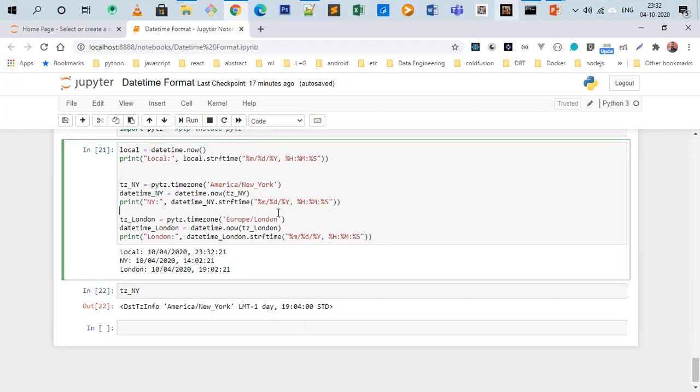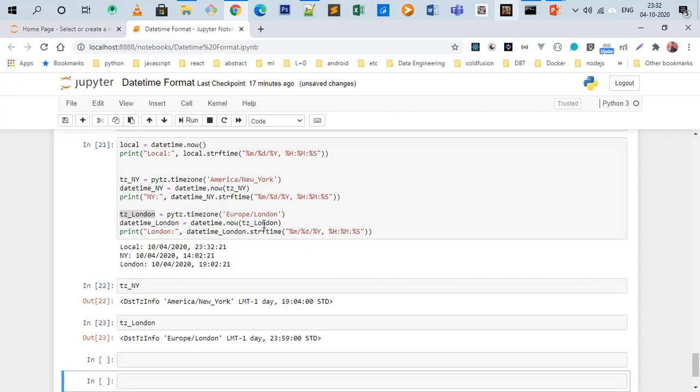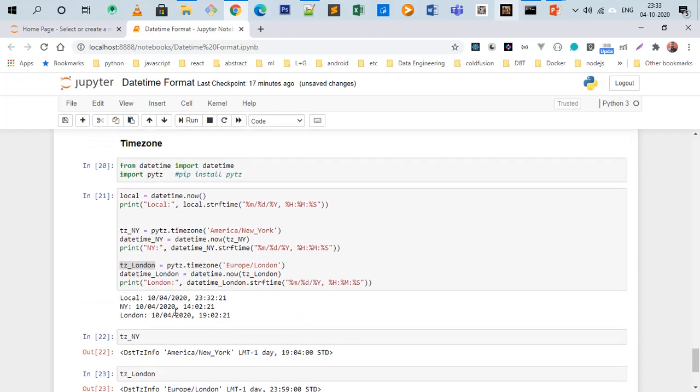And here we have changed, we can also check it out. Yeah, it has the same thing, Europe London. Then it is giving me the time of London.